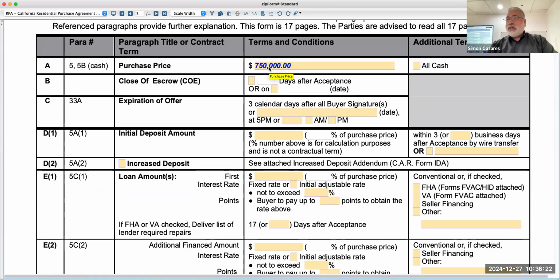If they're going to go a traditional direction, then obviously if they're going to get conventional, FHA, or VA, you will not check the all cash. Close of escrow, you want to click on here. You want to put a minimum of 30 days, depending on the lender's